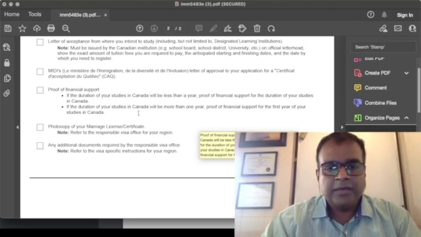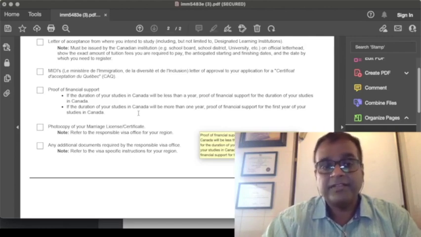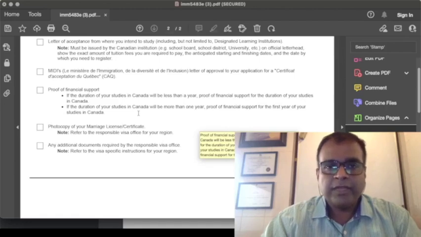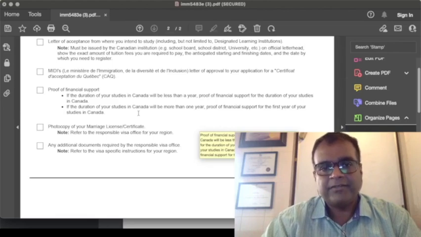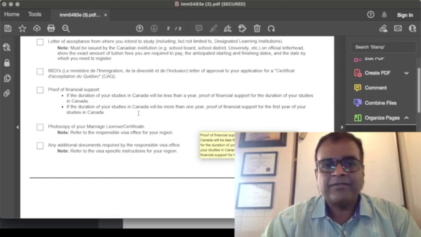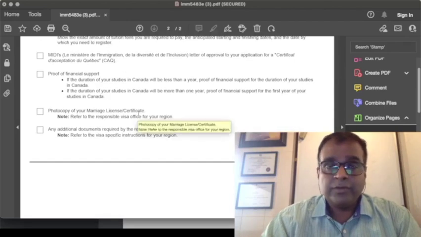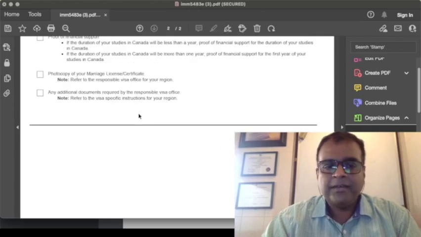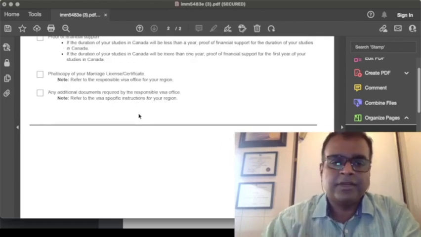second year. But have I heard people not giving them the plan for the second year and still getting the visa? Yes, I have. But my way of doing it would still be to give them paperwork towards the second year. If it's a 2-year course, 3-year course, 4-year course, I like to provide them with more information about the fact that the financials are okay and you'll be able to support yourself. For photocopy of your marriage license, yes, if you're married, you may want to include that, and any other required